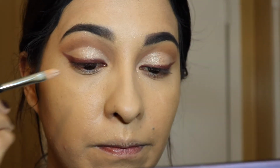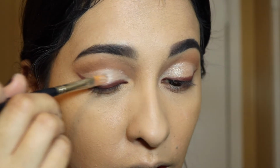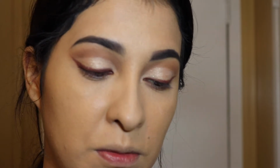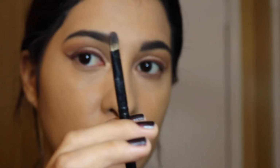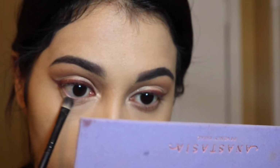Just place it all over your lid. There is some fallout, so maybe, if the camera picks it up, but there is some fallout. And then I'm just going to place Dreamer on my inner corner. I'm going to take this Morphe B83 brush. I'm going to take Volatile, this one, and say that one, small amount, and place this on my